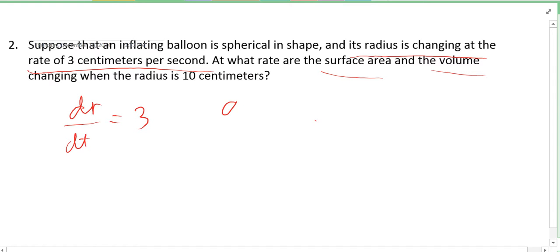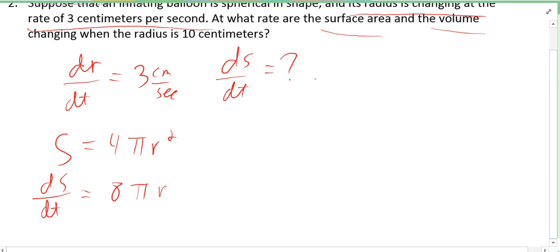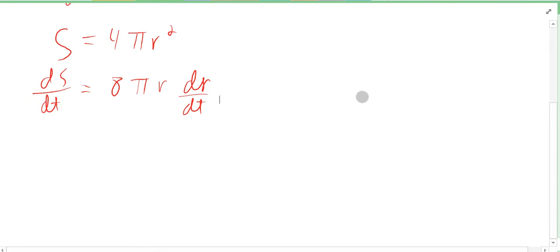And I want ds/dt, which is the rate of change of surface area. This is centimeters per second, too. We need an equation that links radius to surface area. Well, that's not that crazy, right? The surface area is just 4 pi r squared. So when we derive that, we get ds/dt, which is what we're looking for, is equal to 8 pi r dr/dt. And we happen to know r and dr/dt. dr/dt is 3, and r is 10. So this is 8 pi times 10 times 3, and you do get